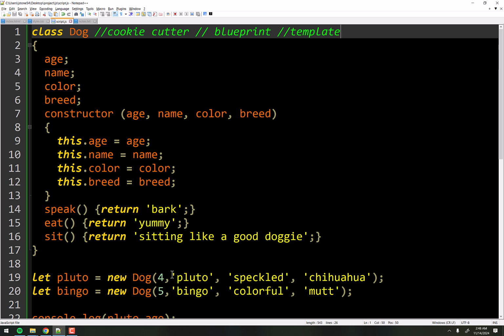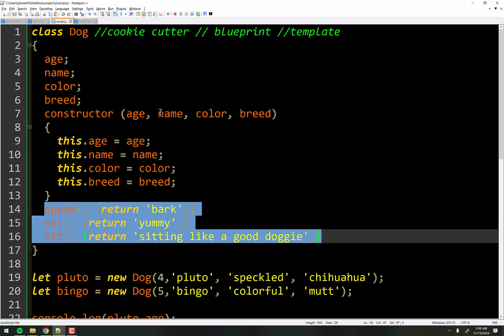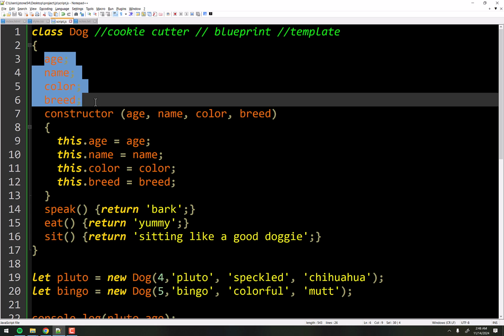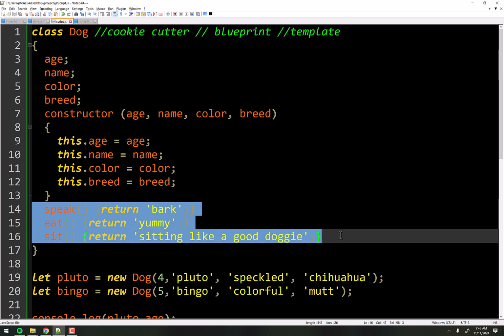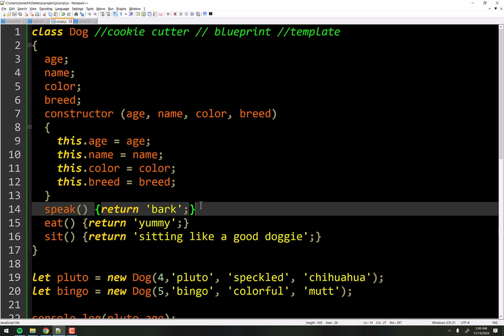Now you'll also notice one other weird thing. Normally when I make a function, I have to type the keyword function, but these don't have that. And normally when you make a variable, you have to say let or const or var or something, but we're not doing that. That's because we're inside of a class, and we're basically taking the square peg of a variable and sticking it in the round hole of a property, right? And so we're adapting the use of variables to become what we call properties in classes. And the same thing with the function. We're adapting what we call functions to be methods inside of a class. And so we just have a little bit different syntax, that's all.